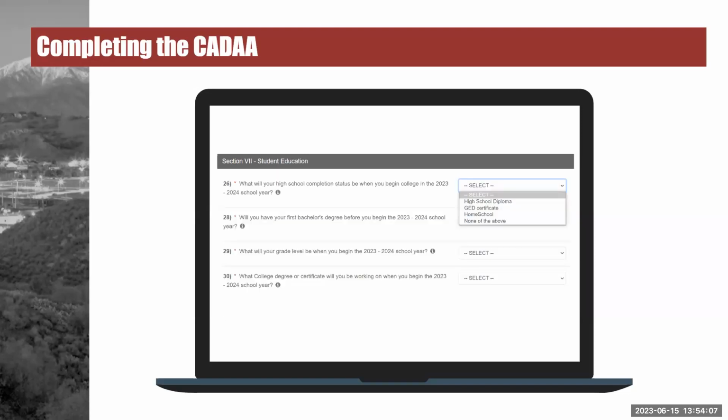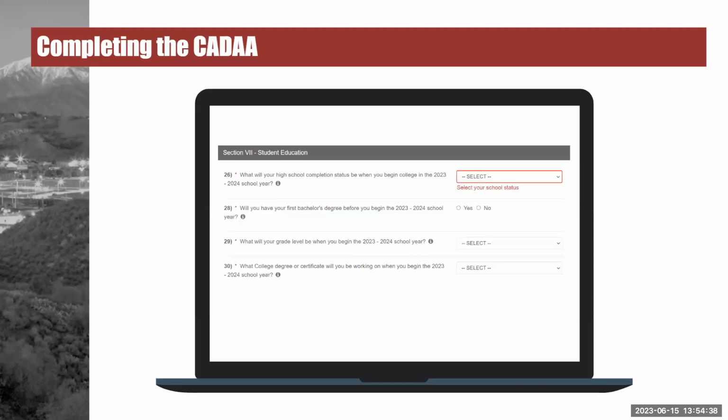The next questions will ask the student to report various educational statuses as of the 2023-24 school year. Remember that these questions are asking you about information that will be true as of the 2023-24 school year, which does begin fall 2023. For example, you are asked to report your high school completion status as of the 2023-24 school year. If you are graduating high school spring of 2023, then you would report high school diploma for this question. Next, you are asked whether you will have earned a bachelor's degree by the start of the 2023-24 school